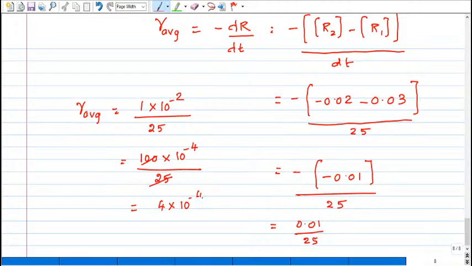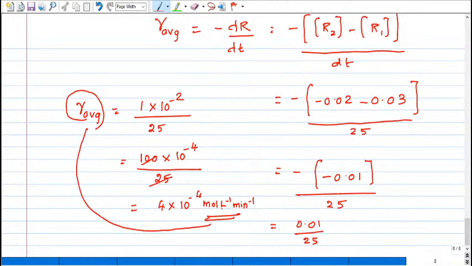The unit is mole, remember this unit, liter power minus 1, minute power minus 1. Don't forget to write down this unit. If you are not writing this unit, you will never get full marks. Half mark will be reduced. They may ask in 1 mark also, what is the unit of average rate? So average rate is represented by mole liter power minus 1, minute power minus 1,